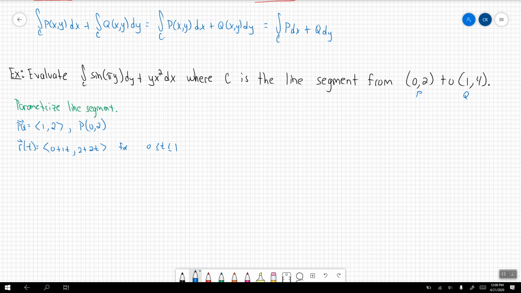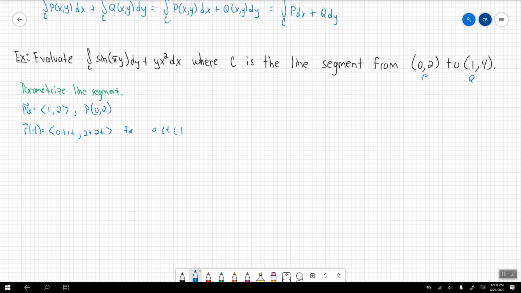Now all we get to do is go through this mixed line integral. All right, so what I'm going to do really quickly here is start identifying r prime of t. R prime of t, so take the derivative, that's just 1, and this in here, that's just 2. Perfect. All right, so this line integral that we are given, the line integral over the curve for sine of pi y dy plus y x squared dx